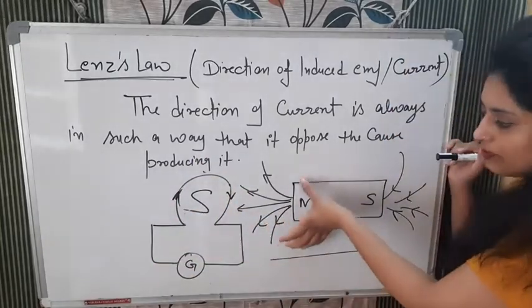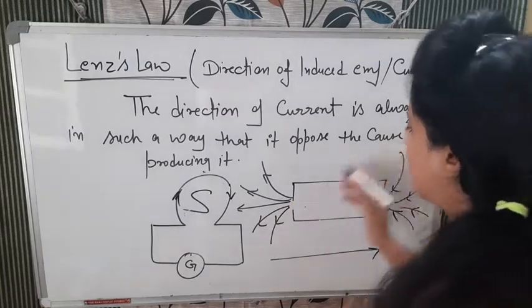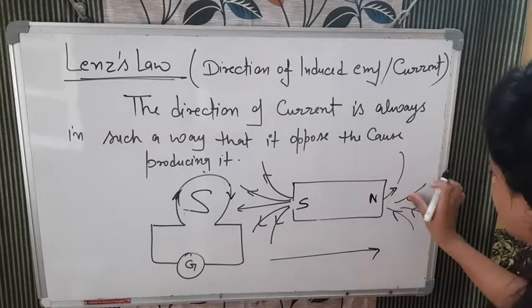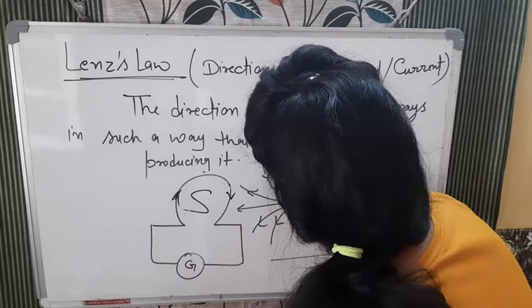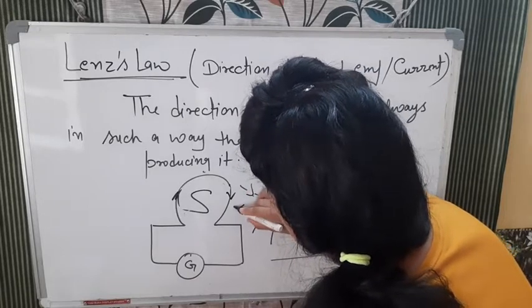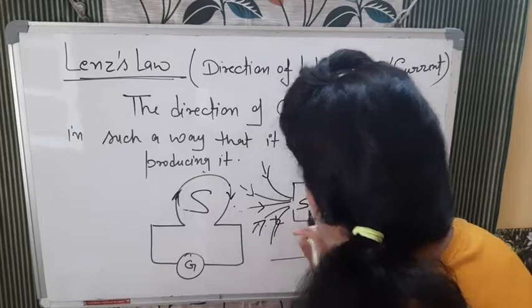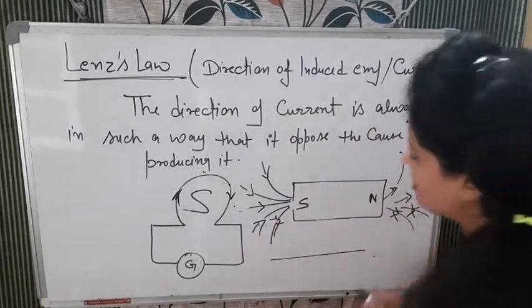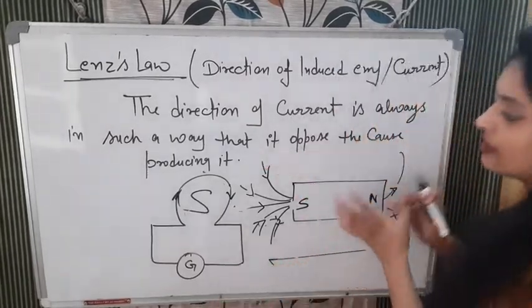Okay, so now the north pole is there. Same case, अगर आपने south और north लिया है, then also things will happen like this. This is south, this is north. Only the direction will change. It will go like this. The magnetic field line direction will change, and on this side it will be like this. See, it will be like this. And this. Okay, so now what will happen when I take the south pole towards this coil? When I am taking this towards this coil, what will happen?